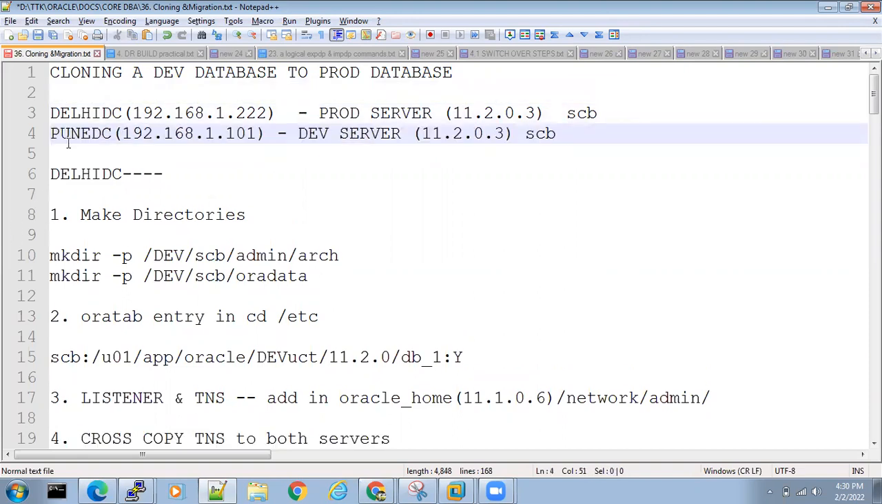Is it correct? This is correct. So Delhi DC is our production server, SCB database. We need to copy to Pune DC, which is our development server. So first, what we need to do now in Pune DC,